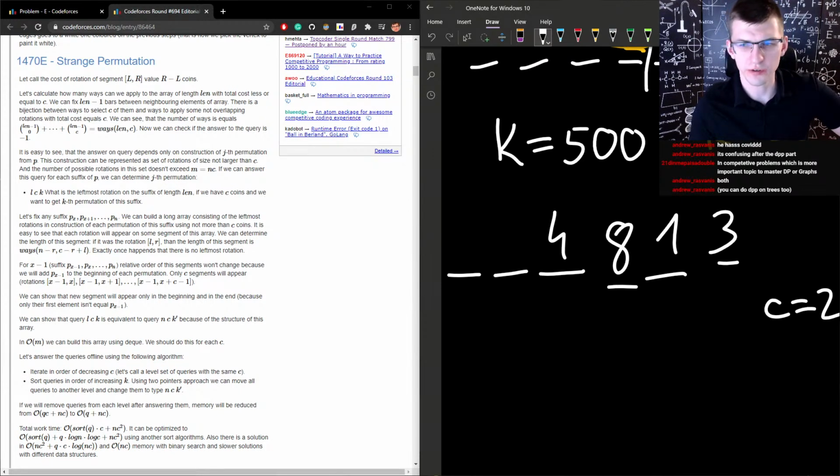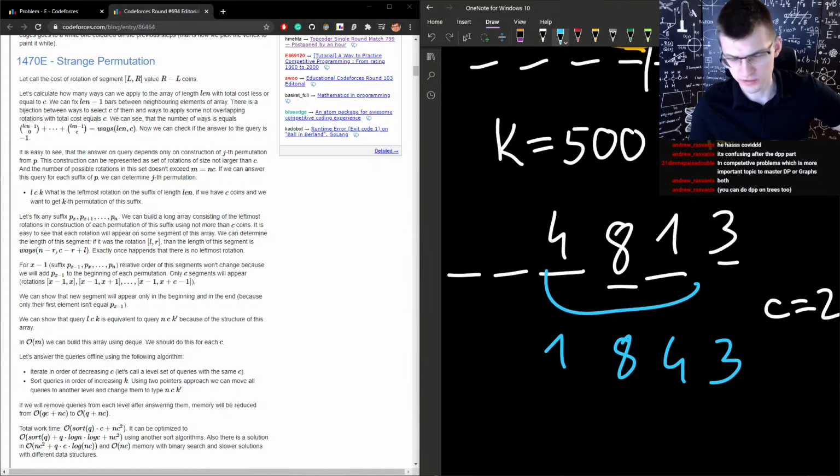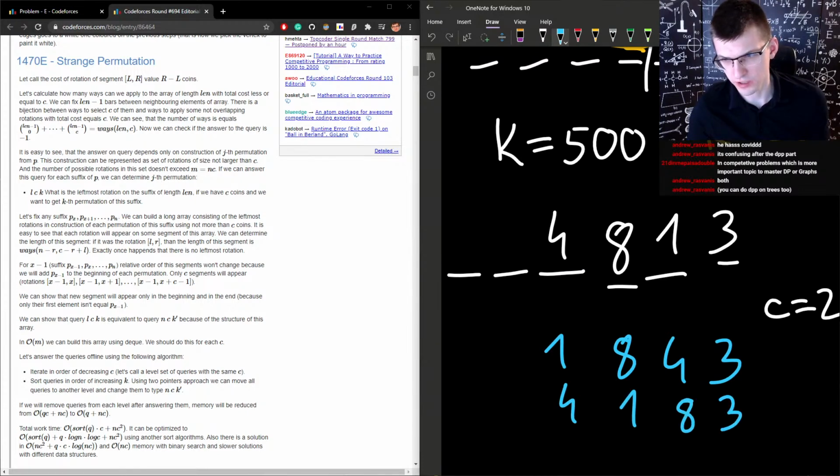So we cannot reverse everything, but in particular we can get 1843 if we reverse this. We cannot get 3 here. We can leave a 4. 4183, 4831,